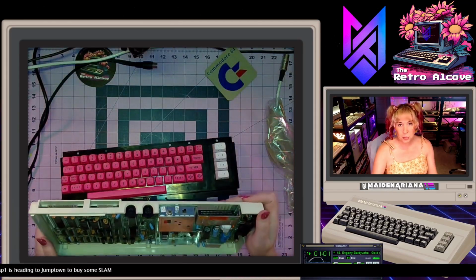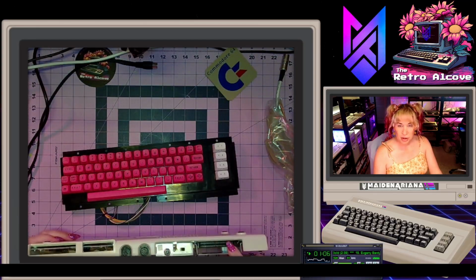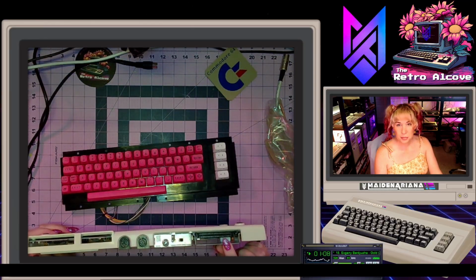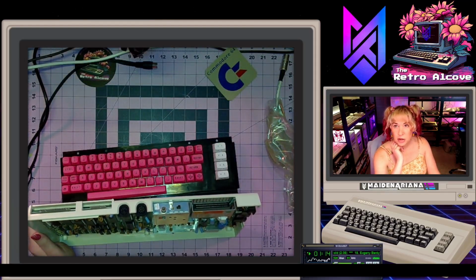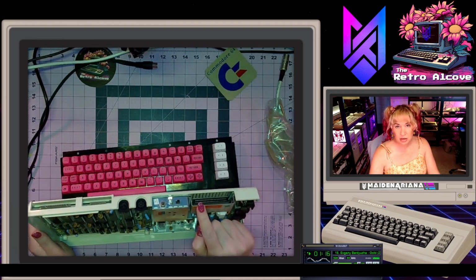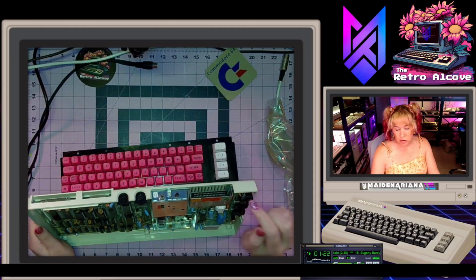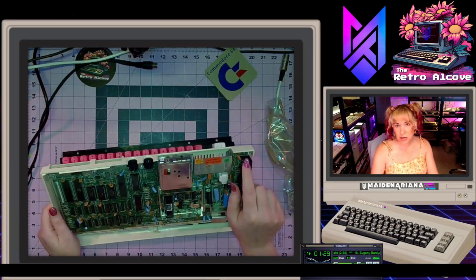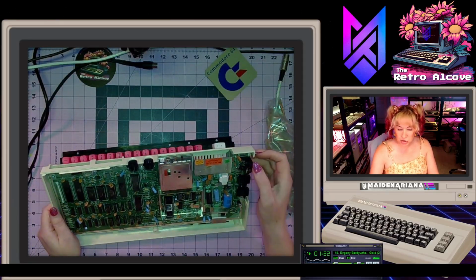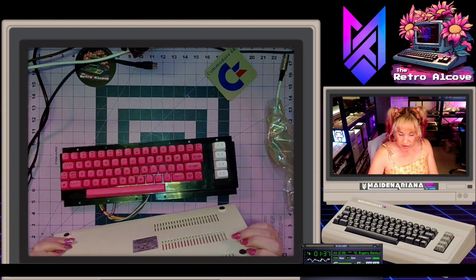So here's what I mean. You can see how much the base here lifts upward, and it partially blocks the slot for the cartridges. So there's a couple ways to get by this, I guess. I could either figure out a way to have the screws lift up a little bit where it's mounted a little differently, with separators or little rubber washers underneath the screws. I could potentially do that, but I think